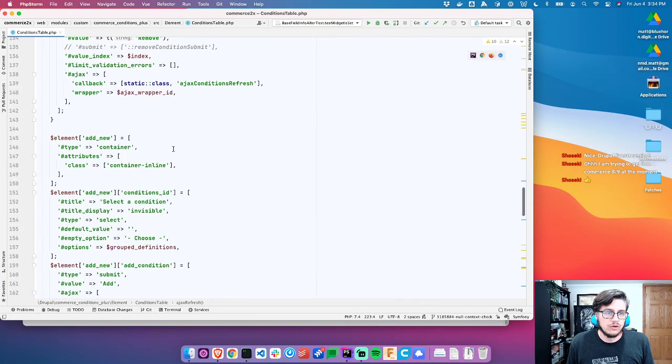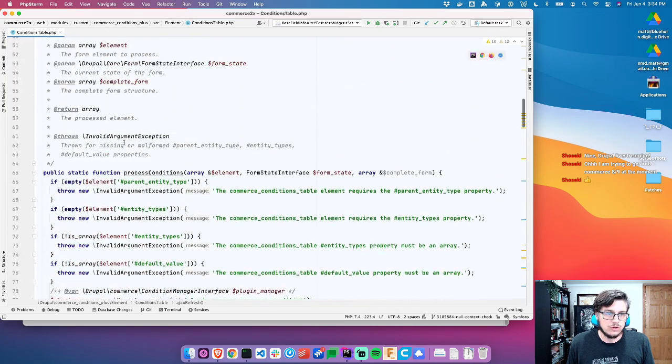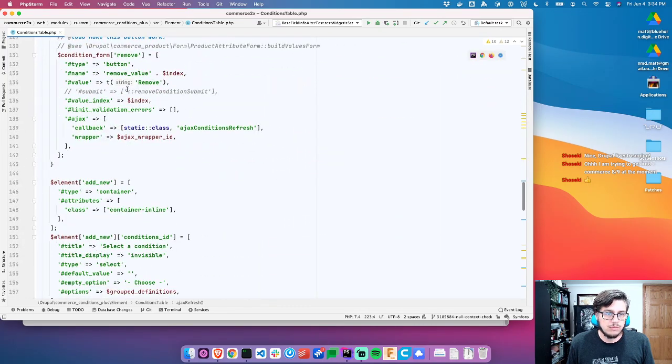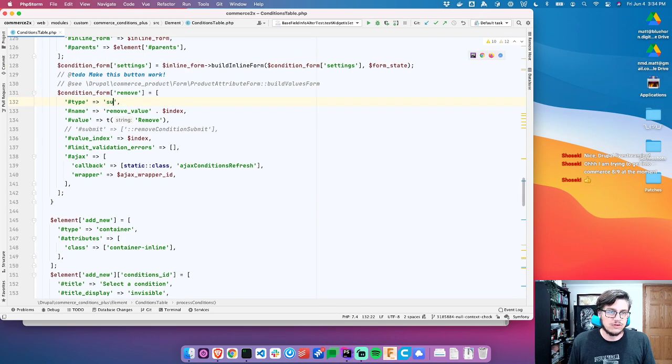So let's, you know what, screw it. Let's just make this remove actually work. So let's change it to submit. Remove value index, remove. Now we need to define this function. Oh, if you're noticing one thing, in this callback, we're actually saying get the current class name and then Ajax